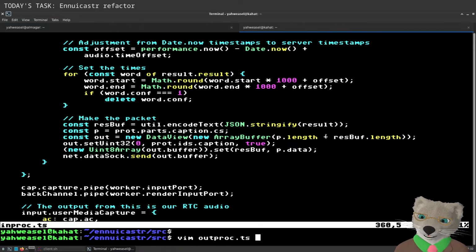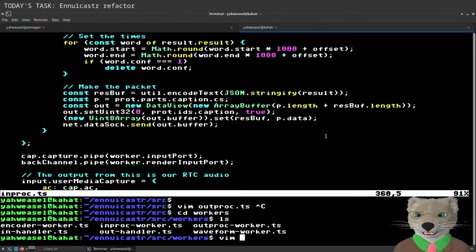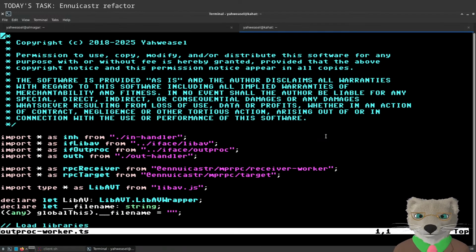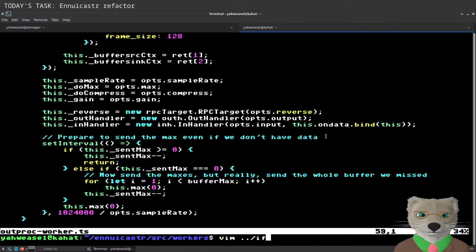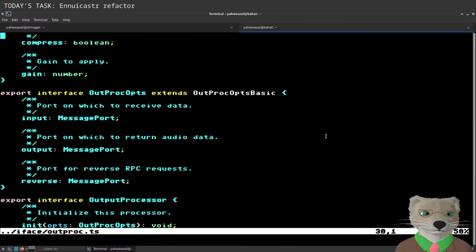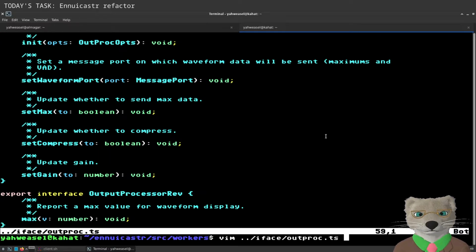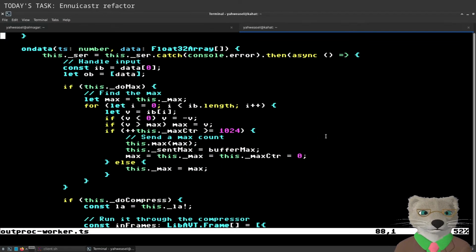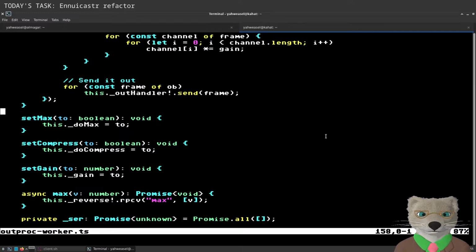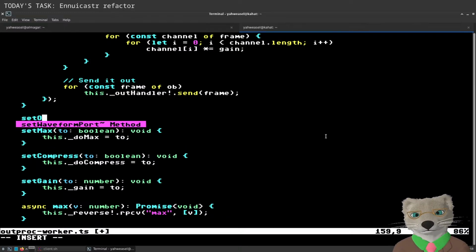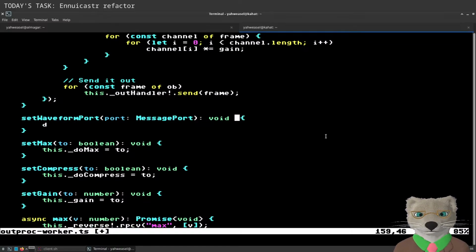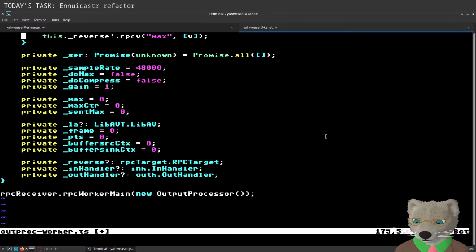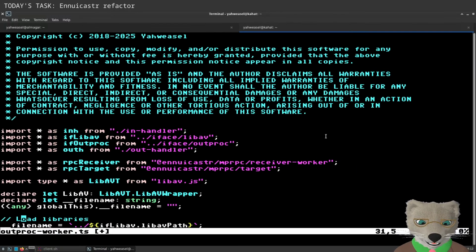Now let's attempt to handle the output processing side as well. I kind of have to do all of this at once and then just fix it bit by bit when I get there. Did I already do the interface? I don't think I did. I did. Look at that. And I guess I'm going to need the same sort of classes and such. So,